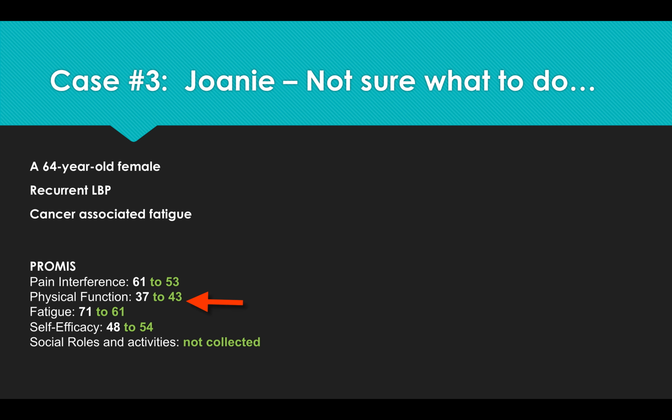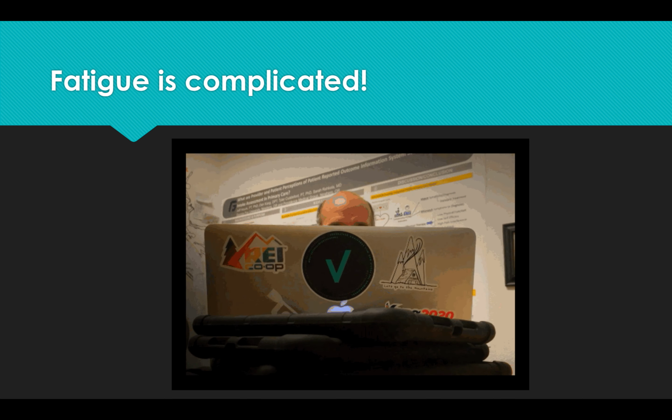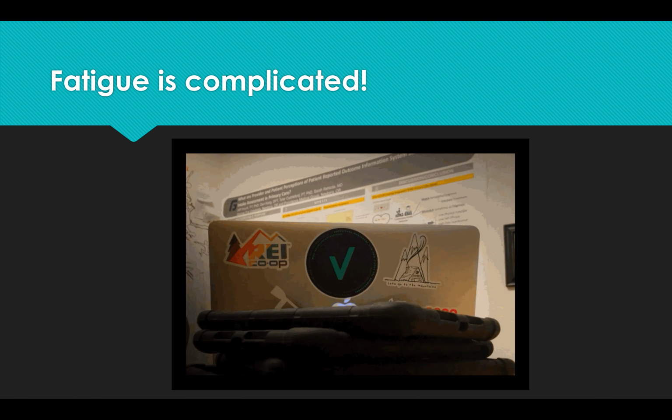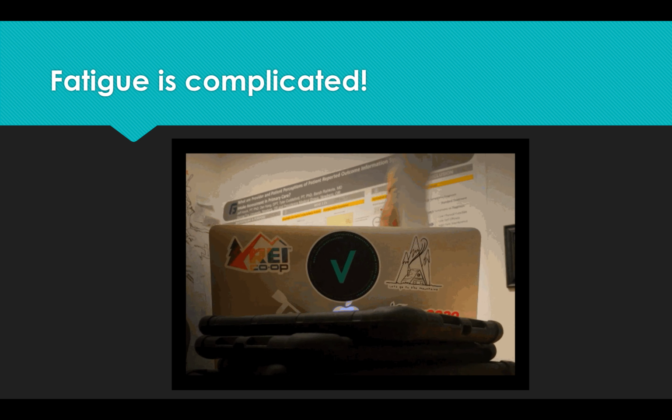You can notice there's a marked improvement in physical function into the mild limitation range, and fatigue scores were at the cusp of transitioning from moderate to mild. And her self-report of walking up to 3 miles per day on her recent trip to Europe was fantastic. So although fatigue is complicated, let's listen to some videos of providers talk about what's kept them from throwing in